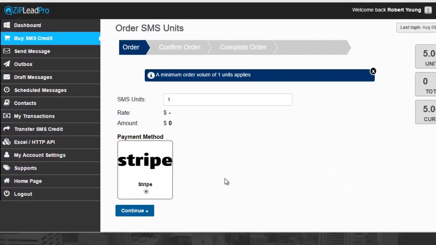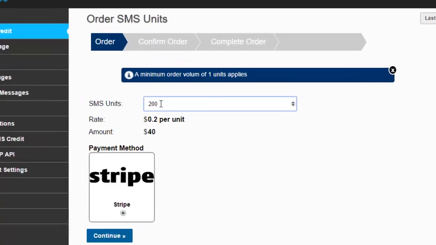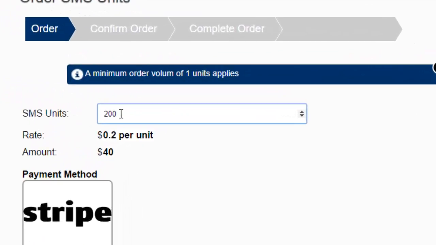Okay. Now the minimum credits that you can buy is 100. Okay. Now the rate is going to be 20 cents per unit, or 20 cents per message that you send out. Okay. So every message that you send out, it will cost you 20 cents. Which is below industry standards. Okay, so if I were to purchase 100 units or 100 SMS messages at 20 cents per unit, it will